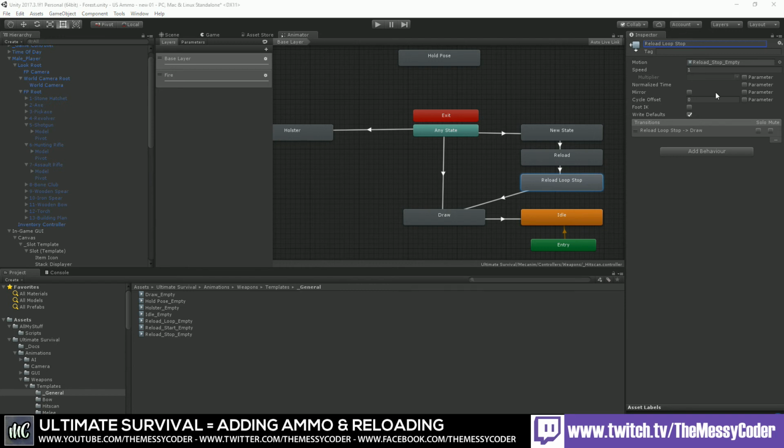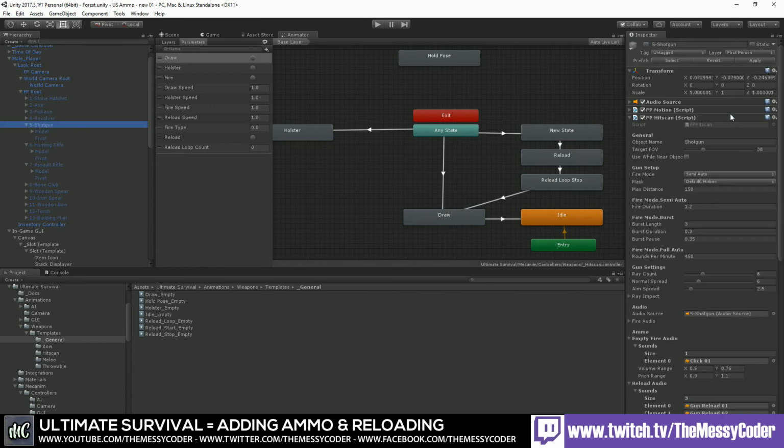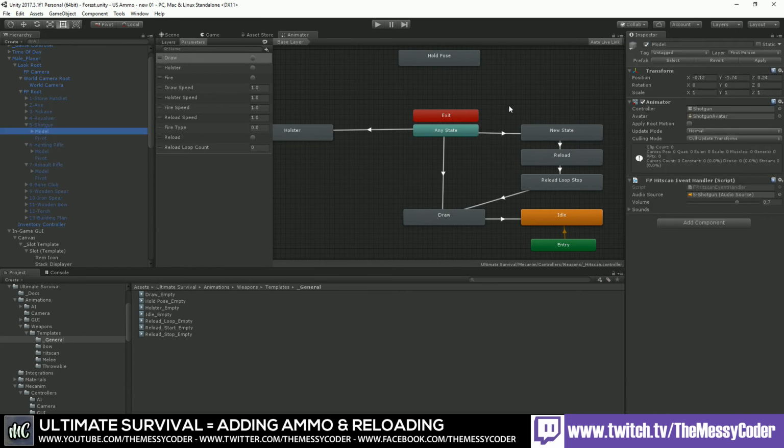So white defaults, blah blah, that looks alright. This one we need to stick in a multiplier, so we need to put reload speed as our multiplier. There you go. And I think this one doesn't need anything. Lovely. So if we save that,